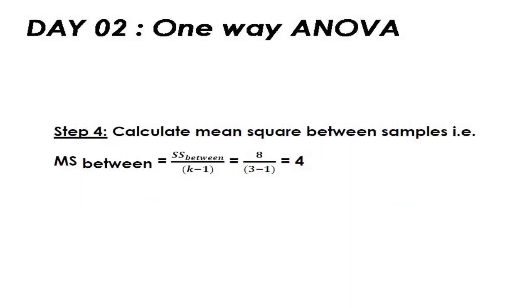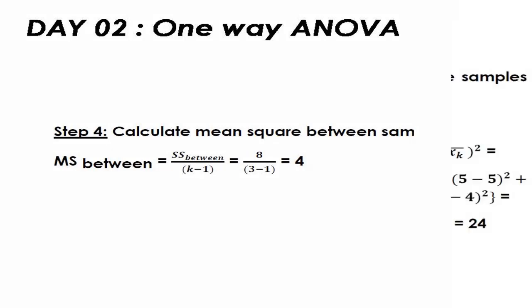Then the step number 4 is to calculate mean square between samples, that is MS between, which will be equal to SS between divided by k minus 1, where k stands for the number of samples, which will be equal to 8 divided by 3 minus 1. And why is it 8 divided by 3 minus 1? Because in the previous step we have already calculated that the SS between is equal to 8 and k is equal to 3, since there are 3 samples, so the final result of MS between will be equal to 4. And the step number 5 is to calculate sum of squares for variance within the samples,